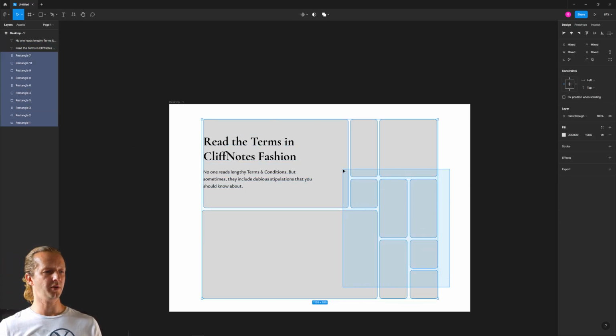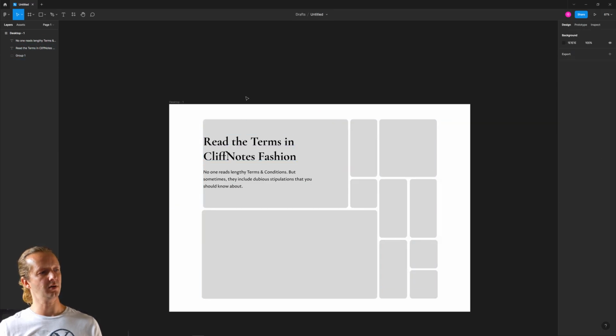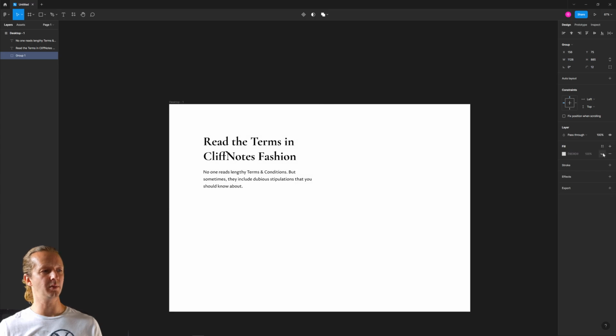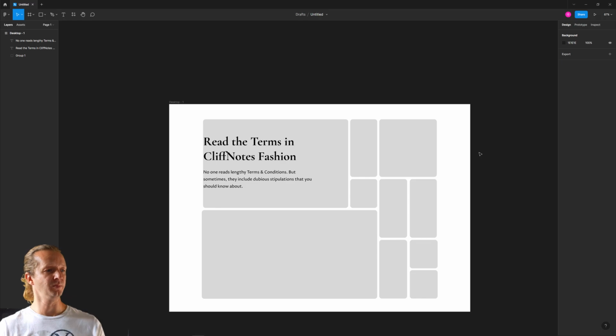By the way, we wanna take all this stuff, we're gonna group it and make sure it's centered. All right, there we go. Now, of course, this isn't gonna be visible. We're just kinda using it as a general template. Okay,